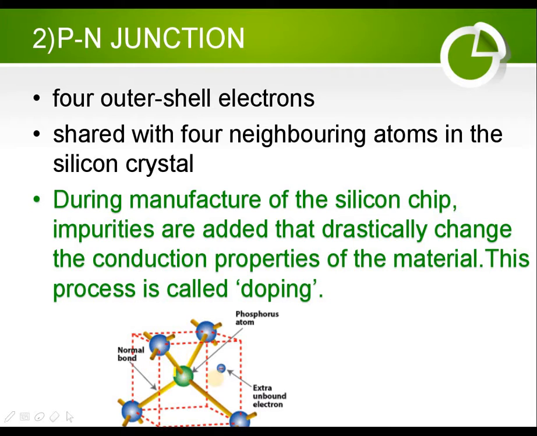Here basically this diagram is for the doping case. I added it for the doping. I will show you this diagram for the neighboring atoms in the silicon crystal in the next slide. During manufacturing of the silicon chip, impurities are added. This is the impurity, in green. Numbers 1, 2, 3 and 4 are the silicon atoms, and if we want to